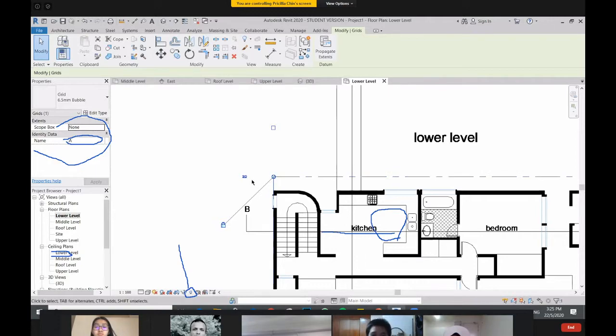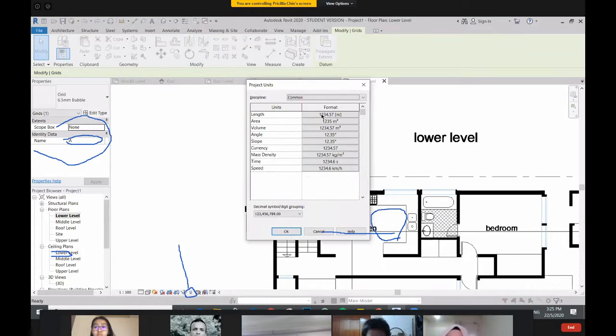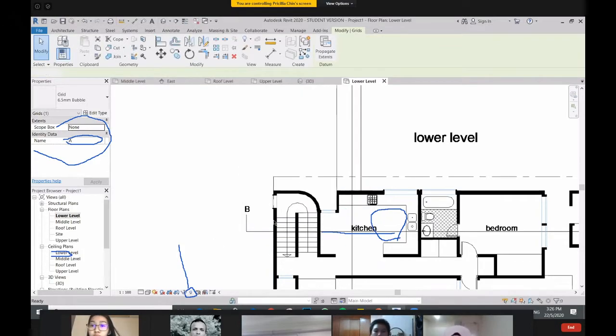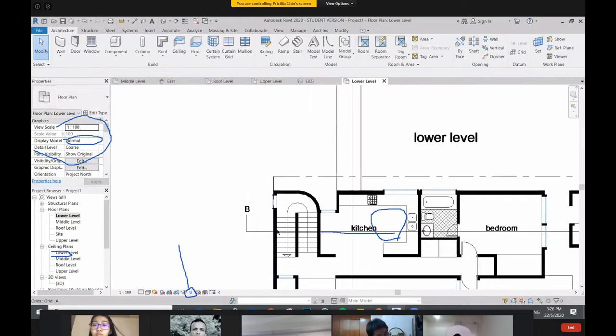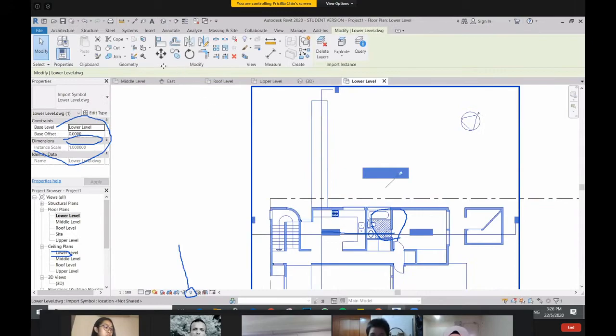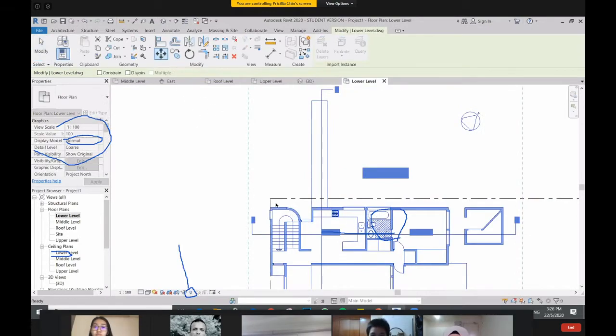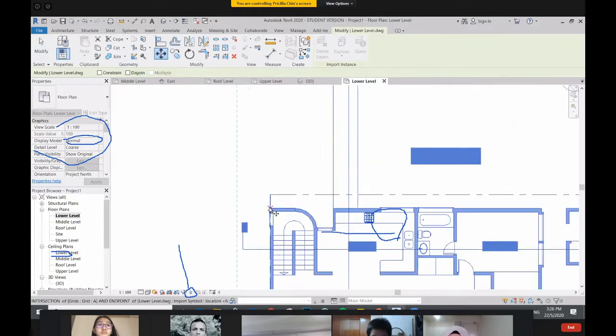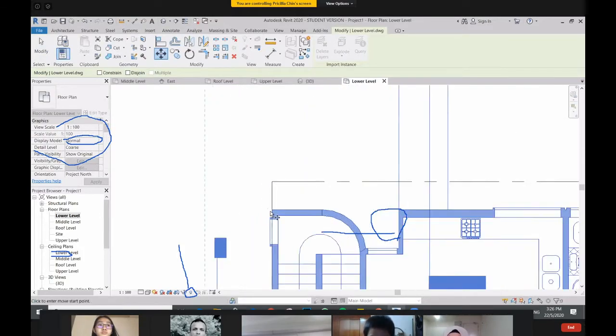You know what? Did you change the units? Okay, I will see. Meter. I thought you didn't change the units. But anyway, we are fixing the problem, which means I can now take this drawing and use the same technique as your colleague. I select the drawing, and then I select the point that I want to move,